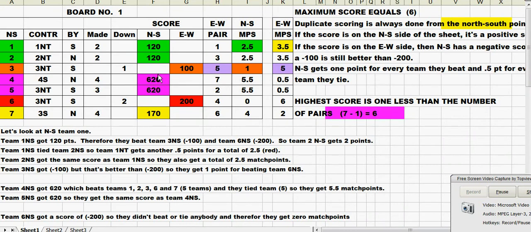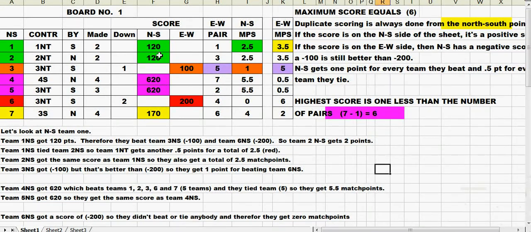So 620 beat number 1, number 2, number 3, number 6, and number 7. So they beat 1, 2, 3, 4, 5. They beat 5 teams, but they also tied number 5, so they get 5.5